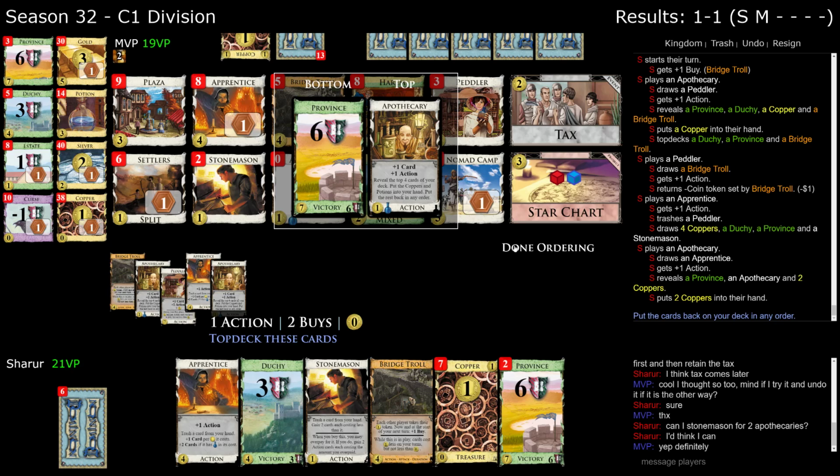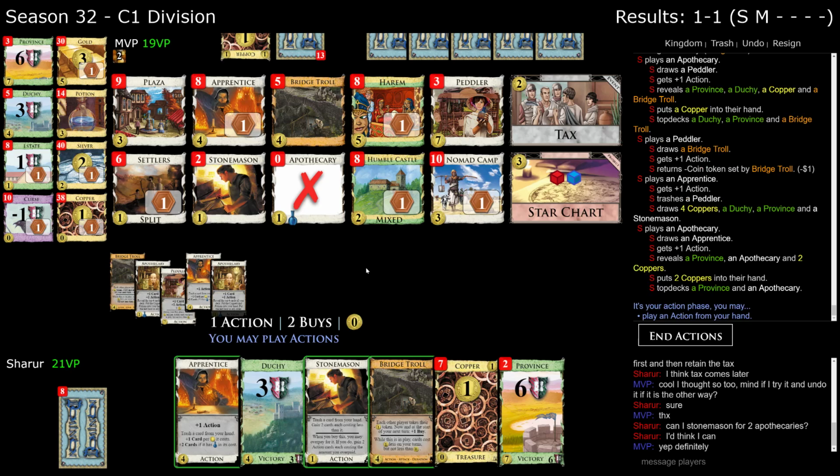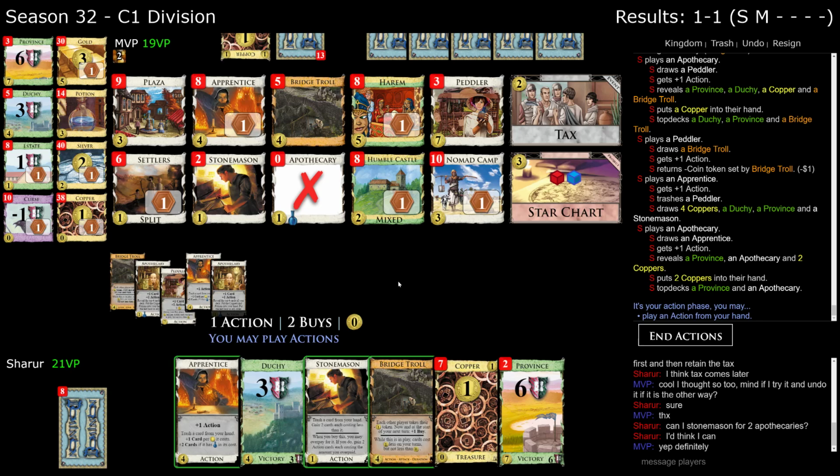Okay. So I have... oh, I can't play Bridge Troll and Stonemason anyway, because I don't have any plazas. So I could apprentice Duchy. Like, I don't necessarily need it. What did he apprentice to gain 2 duchies? Oh, peddler. Or, sorry, stonemason to gain 2 duchies. Yeah, I could just apprentice the stonemason, of course. I mean, I'm down a point if I apprentice duchy, which means not necessarily that much,